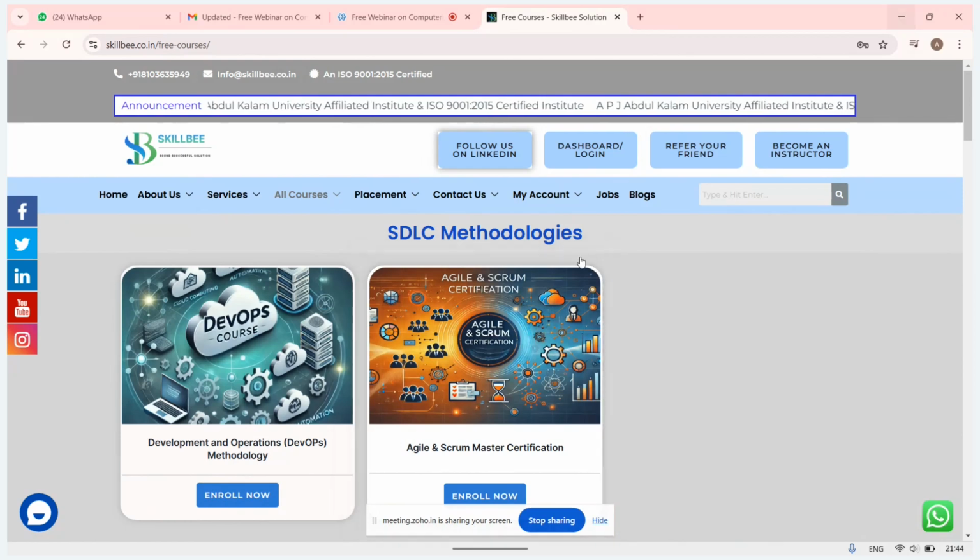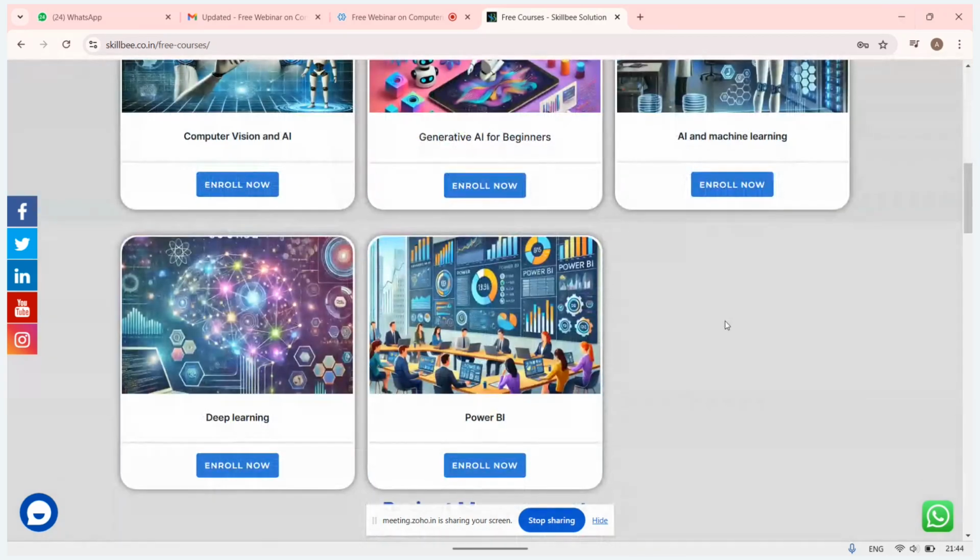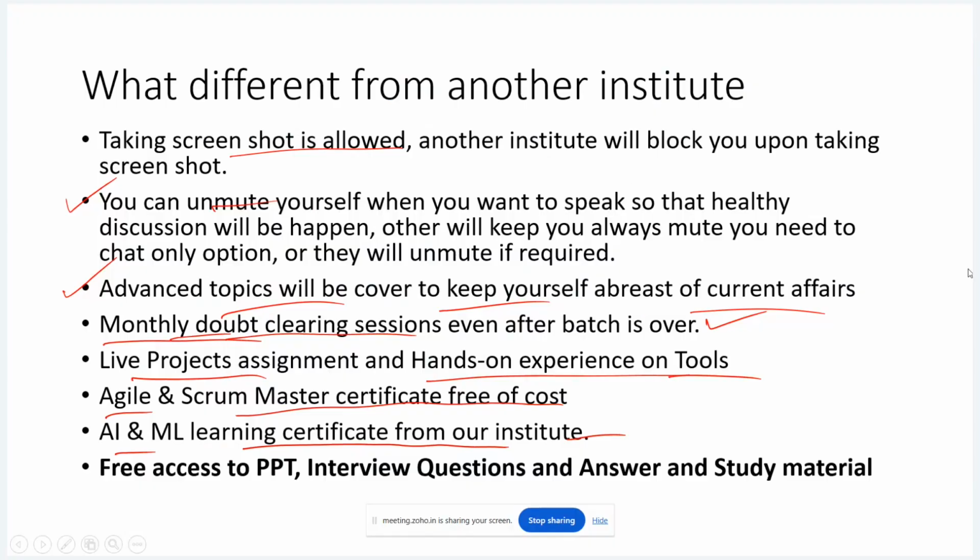And that certification is also university affiliated. So all the certification as per your choice, you can enroll directly. The enrollment button is there. You can enroll yourselves and get the certification as well. All those certifications, which are a part of these, you can get free. Not only these two, you will get multiple certifications.